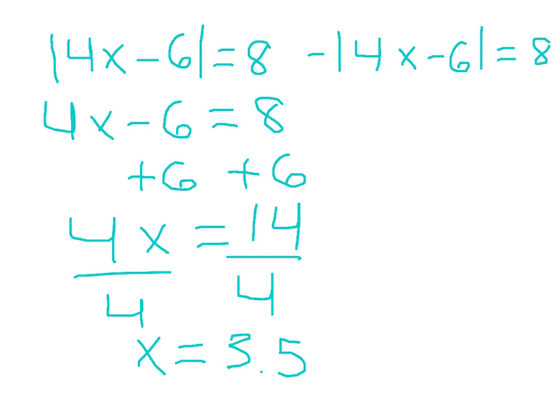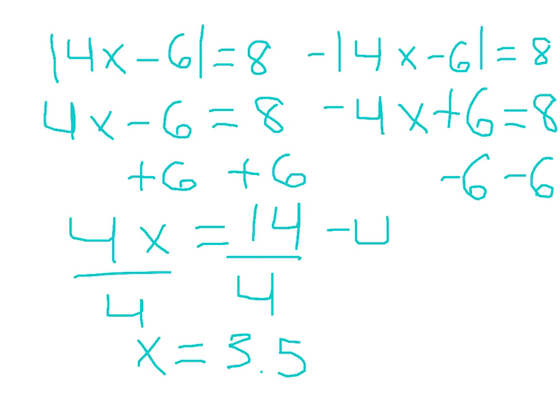The second equation is our negative equation, so we had to put a negative on the outside of the absolute value brackets. But the rule is we need to distribute that negative in. So we're going to make the 4x a negative 4x, but the negative on the outside turns the subtraction sign of the inside to a positive, so it turns it to plus 6 instead of minus 6. So we're left with -4x + 6 = 8. And then again, we're going to solve for x, so we're going to subtract 6 from both sides. We are left with